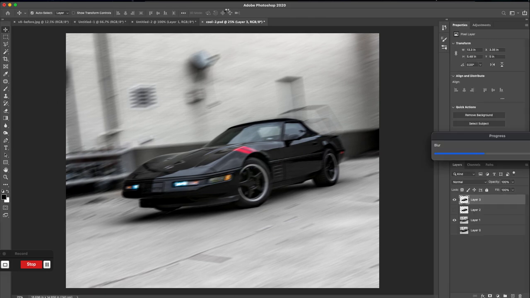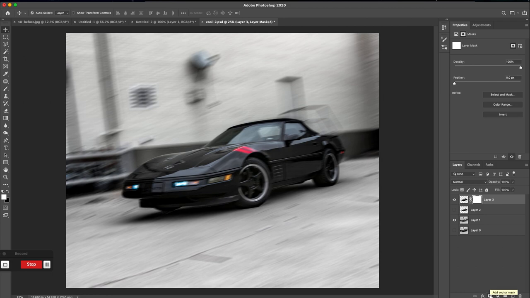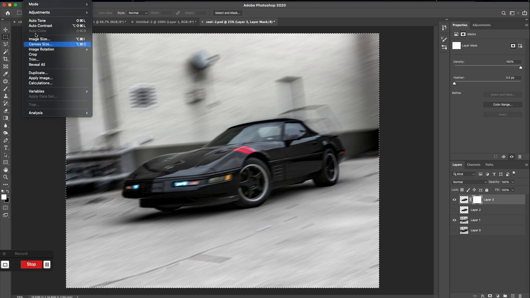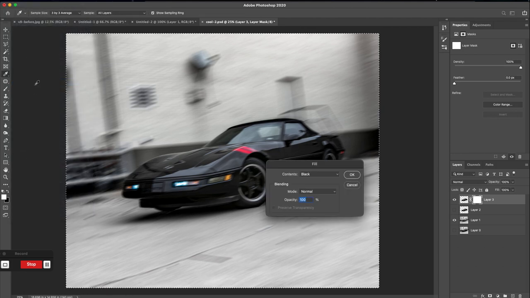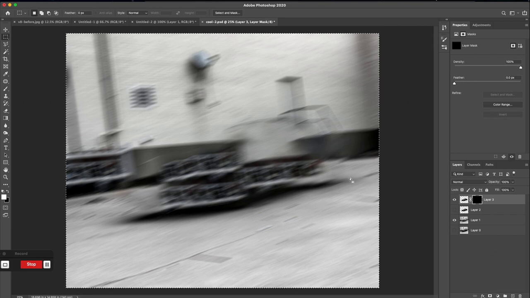Now obviously we don't want the whole car blurred, we only want the wheels. So how we can go about that is just applying a layer mask. So we'll click on the layer, and then we'll click on this little icon down here to apply a layer mask. And so what we'll need to do next is select everything and then actually add in a fill and make it black. So the reason for this is